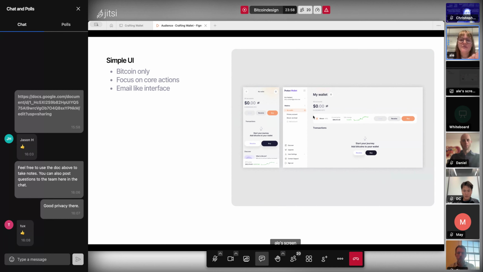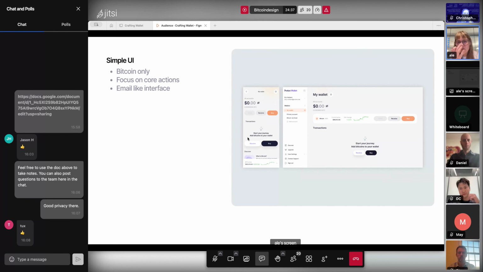We also play a lot with the hierarchy of the actions. For example, when we arrive at the wallet for the first time, the user already sees that you don't have money, so you cannot send. And maybe buy at this moment will be the most relevant one, so it's in a color that is stronger or highlighted. And then we have receive. We also find a second call to action here, so if you didn't understand that you can buy here, you can always see it here.